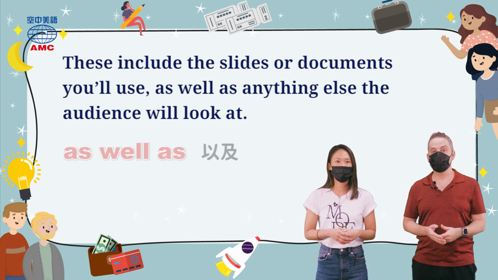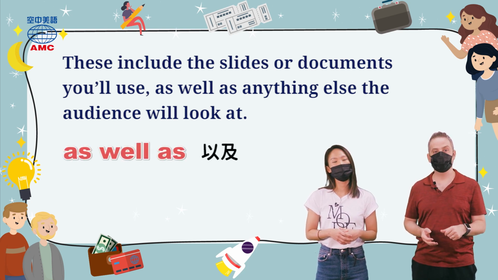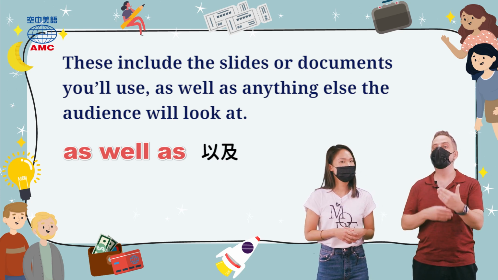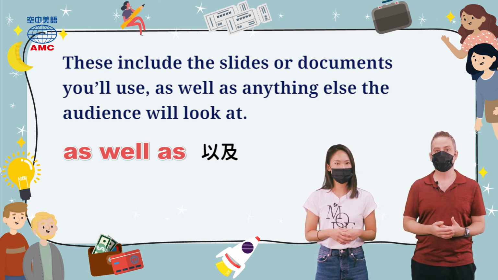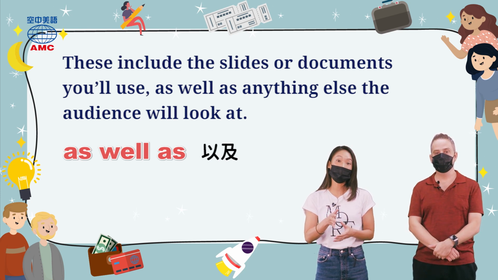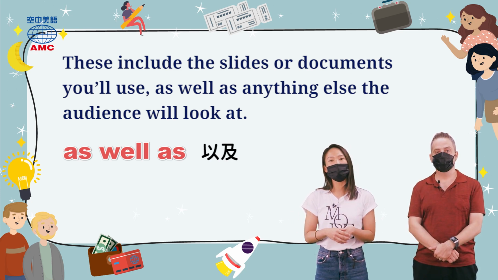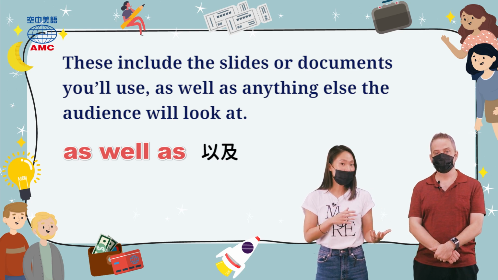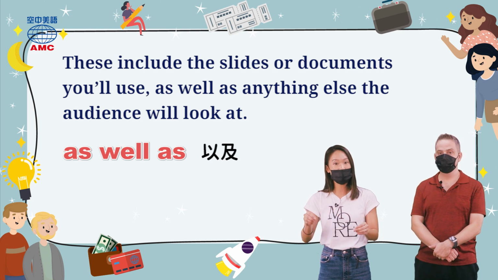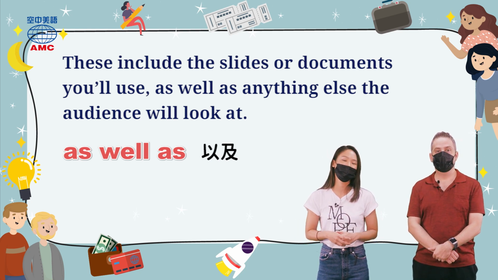Okay, and to link this idea, slides and documents, to the next set, videos and so on, we use the conjunction as well as, and this is just the same as also or and. It's used to add another thing, another piece of information, another example. As well as 代表的是以及，所以呢，我们可以用在这样的句子里面。I invited Joe as well as Jenny to the party，代表我邀请了 Joe 以及 Jenny 到这个派对上。